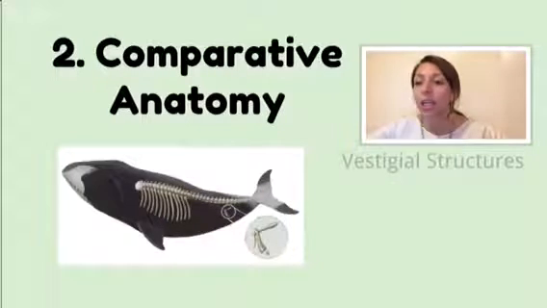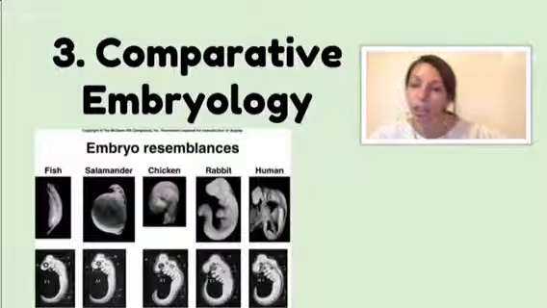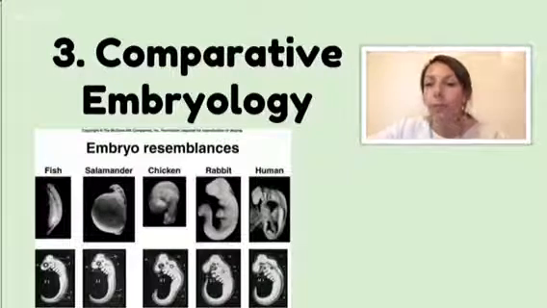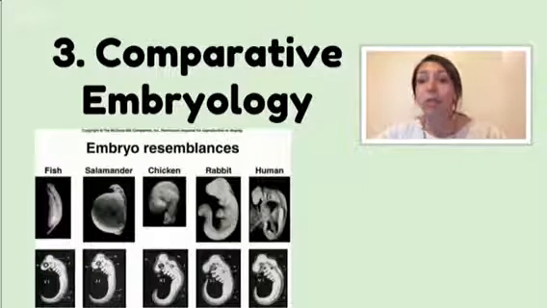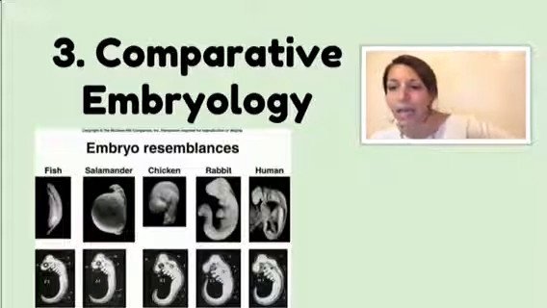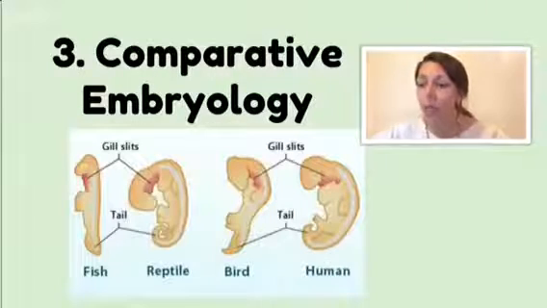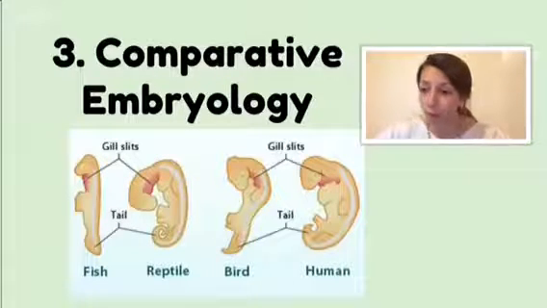Comparative embryology. So this is an interesting and newer branch of evolutionary study where we can look at the embryo resemblances of different organisms. And we can see with vertebrates, we have a lot of similarities. All vertebrates are going to show up with a tail, what we call pharyngeal gill slits, when they are in embryonic development. Now, of course, when we are actually born,